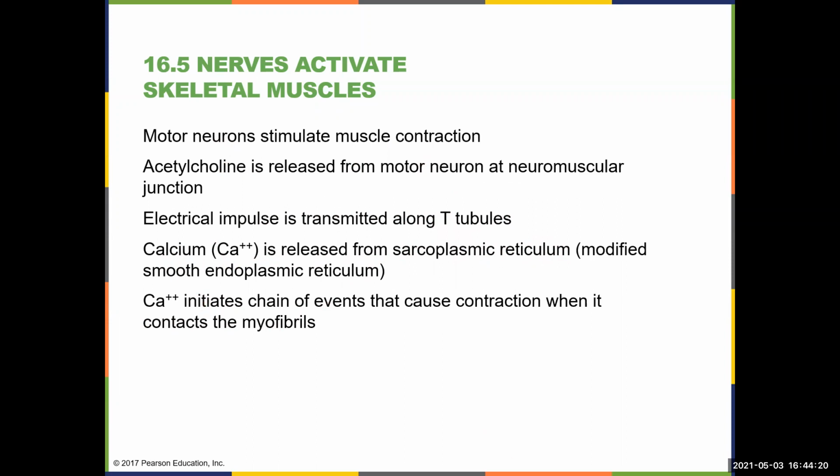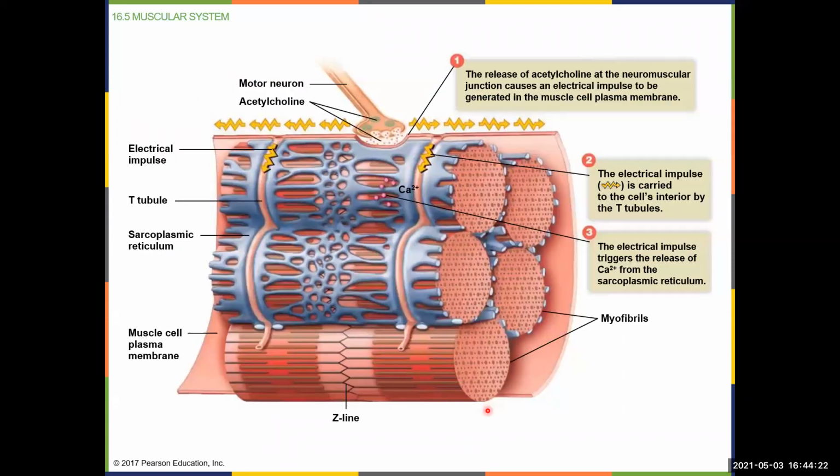actin, okay? And so just to show a figure of that process, you have the motor neuron releasing the acetylcholine, which transfers that electrical signal to the muscle cell. That electrical signal then goes down the T-tubules, which are here, and then it tells the sarcoplasmic reticulum, which is all this blue net-like stuff, to release calcium. And then that calcium is released and it interacts with the actin and the myosin proteins to allow the contraction